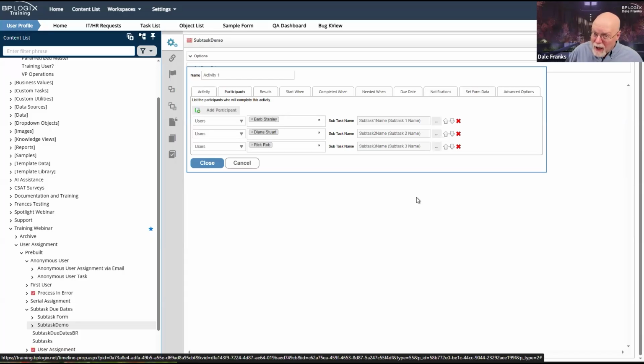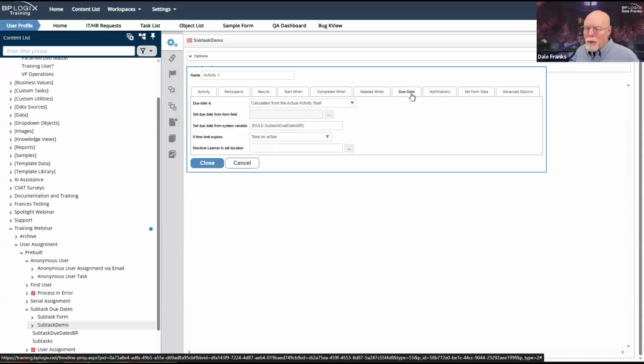When I have subtasks, that means that I also can have separate due dates. Normally, I have a single due date on a timeline activity because, well, normally I don't have subtasks. But if I do have subtasks, those might all be done on a different due date because I want to give each individual some appropriate amount of time to complete their task.